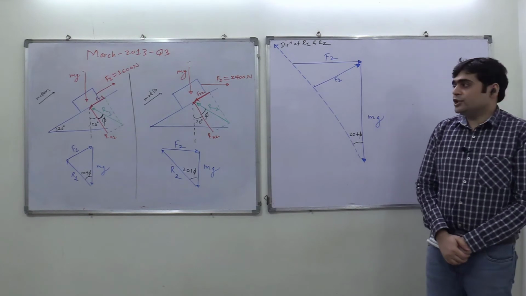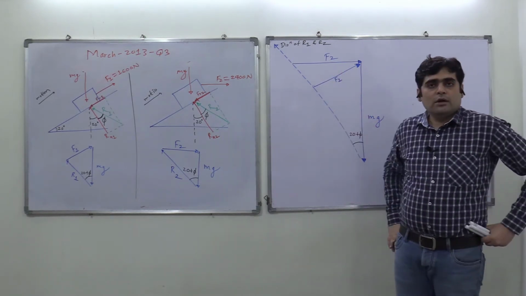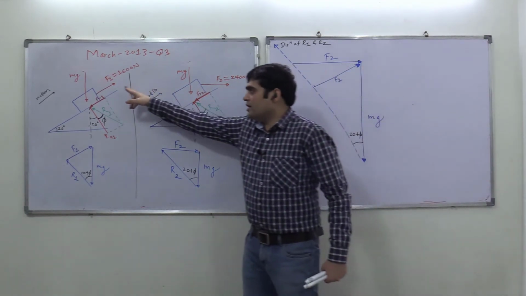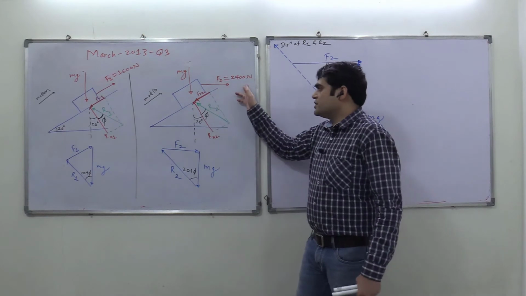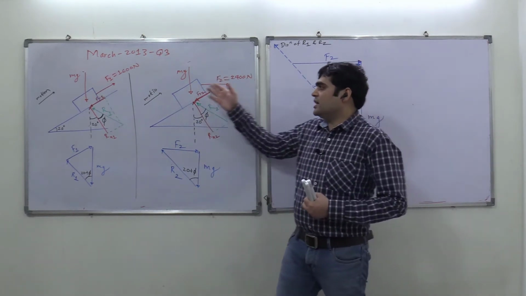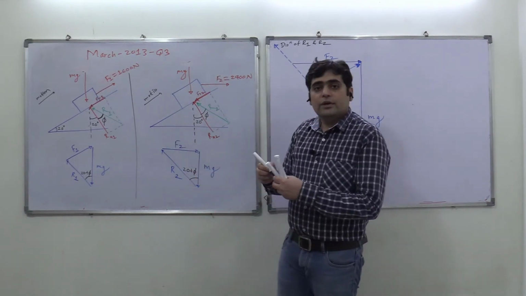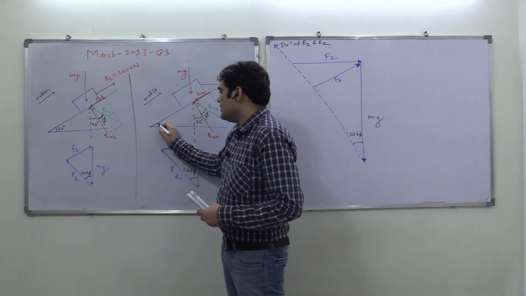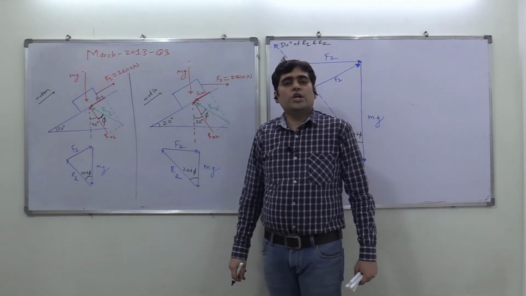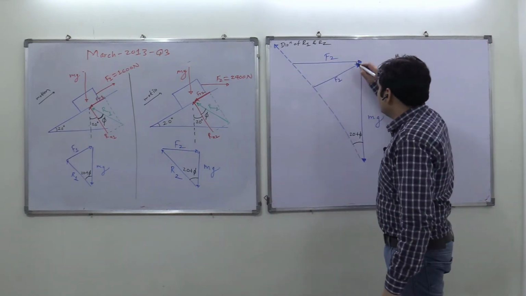20 degree, correct. How did we get 20 degree? Try to see the scenario. F2 is horizontal. F1 is along the plane. What is the angle between horizontal and the plane? 20 degree. Yes. Okay guys, are you getting my point? Try to see the scenario here. So what will this angle be, guys?